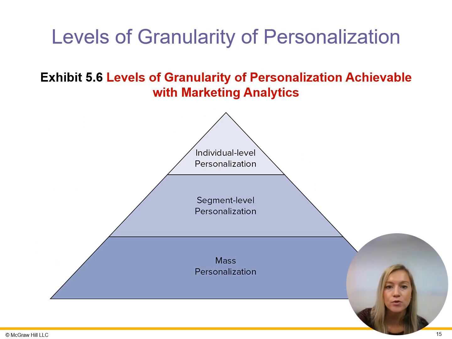Personalization can be achieved at three possible levels of granularity, as illustrated on this slide. Mass personalization is where everyone receives the same offering. Segment-level personalization is in which groups of customers with similar preferences are identified. An offering is developed for each segment, and individual-level personalization in which each customer receives an offering customized to his or her specific taste. It is often sensible to set the level of granularity of personalization for an element of the offering based off of the consideration of the costs and benefits.